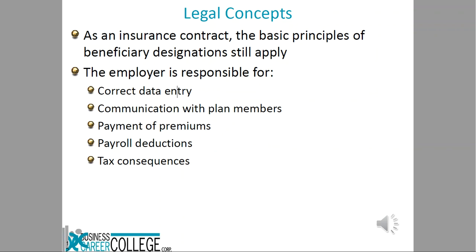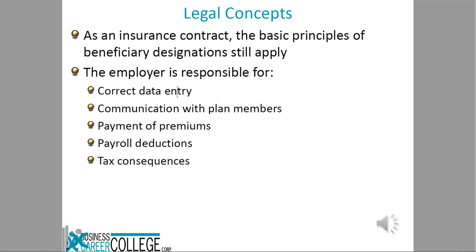And one of the things that often goes wrong is you have a plan member who joins at a relatively young age, perhaps naming their parents as beneficiaries, and then 3-4 years later that person gets married and neglects to change the beneficiary designation at that point. So as the agent taking care of a group, regardless of the size of that group, you should make sure that somebody has reviewed beneficiary designations periodically with the plan members.